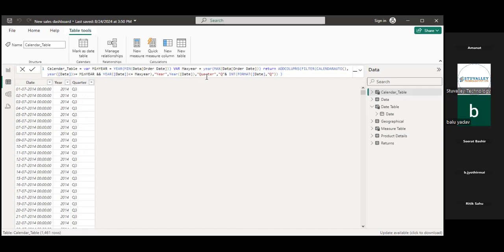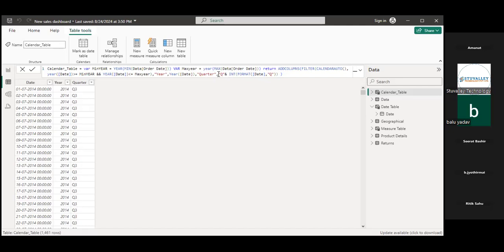Then I want one quarter column. In which format do I want it? I want Q, then 3 int. Int means number. I want the date quarter in number. So Q3, the 3 from the int date and the Q I add. The combination of Q and 3 is equal to Q3. So that's how you are able to make extra columns within your date table.